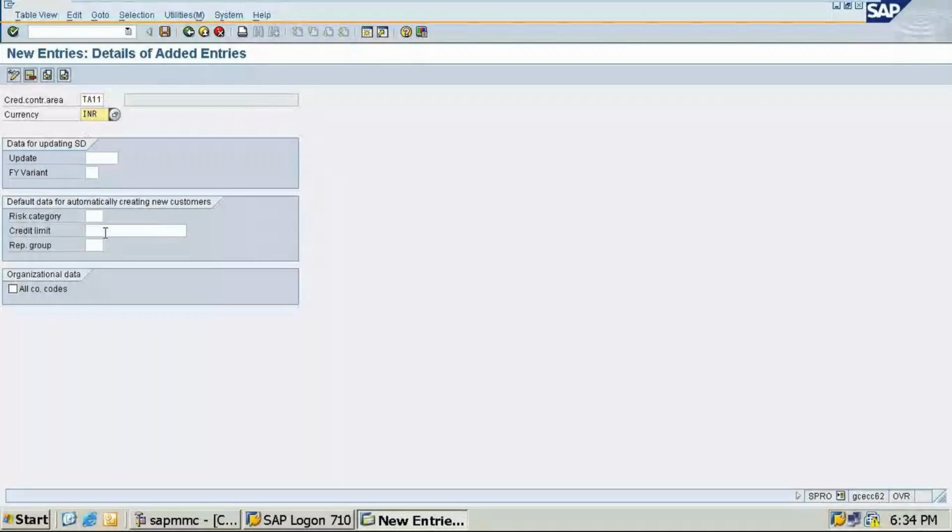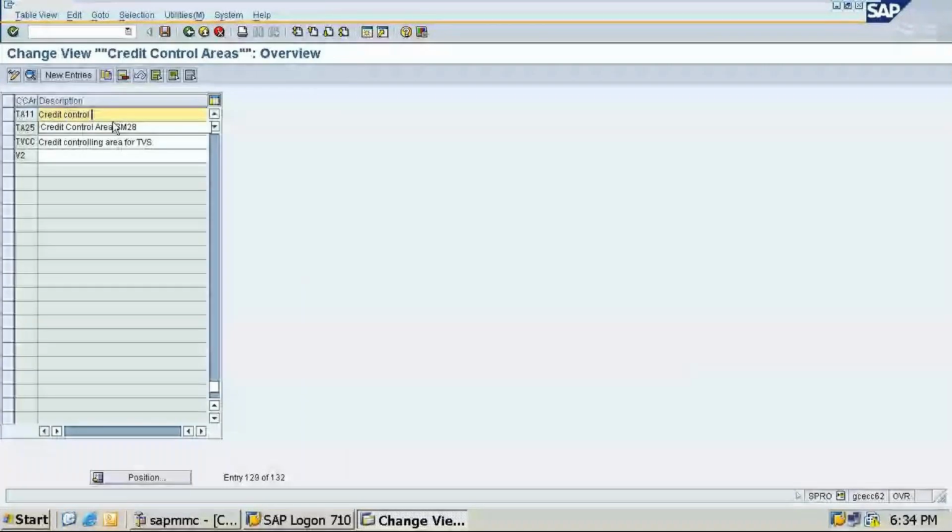Next, here we need to type credit control area. You can download and see that. TA11. So credit control area for TA11. I'll give capital A, 11.